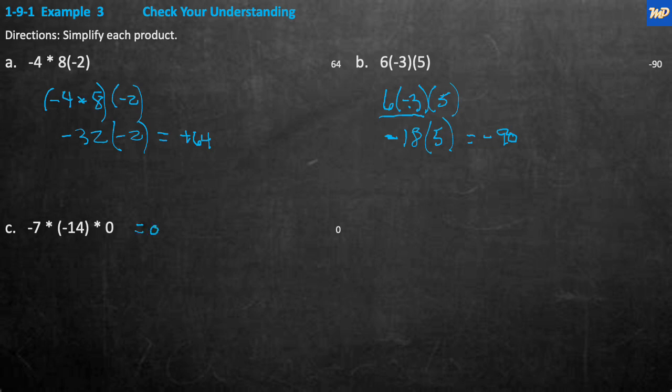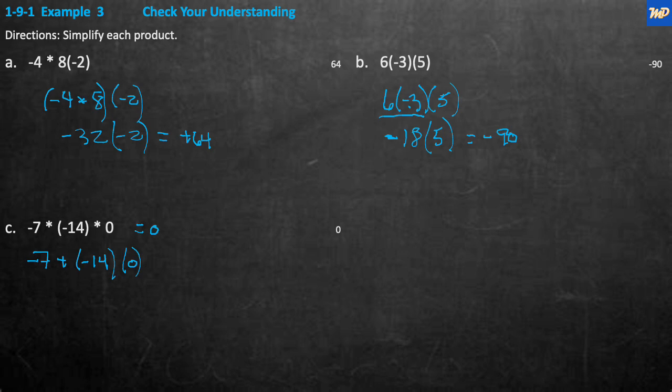Okay? Had it been, let's try that. What if it had been negative 7 plus the quantity negative 14 times 0? What would the answer be then? Well, we've got to do order of operations. It means you do the multiplication first, and then the addition or subtraction second, at the end, or after the